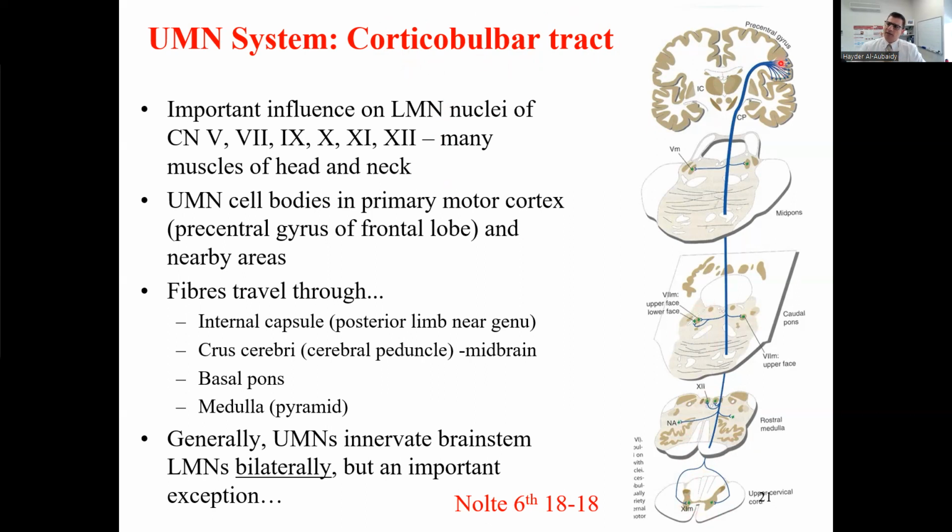That's why if you look into the corticobulbar tract, the upper motor neuron starts from the precentral gyrus, and if you look here, it starts more specifically from the most lateral surface of the precentral gyrus, where we've got representation of the head and or face and the tongue,